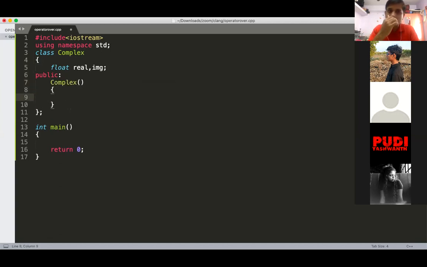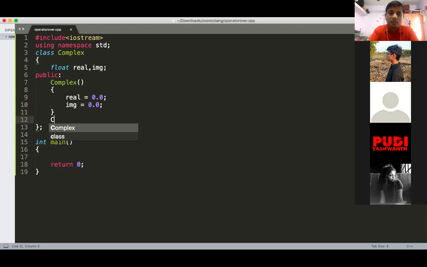What is the type of constructor here that I'm writing? It is called a default constructor. If you are not giving the real and imaginary value, it is by default taken as 0, 0. So imaginary is equal to 0.0.